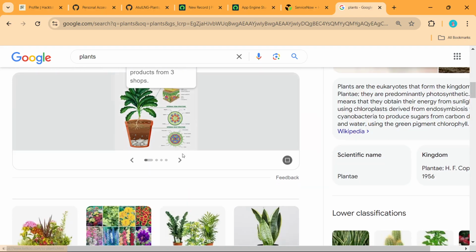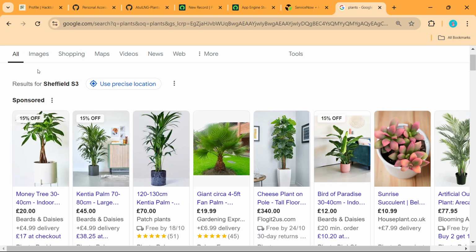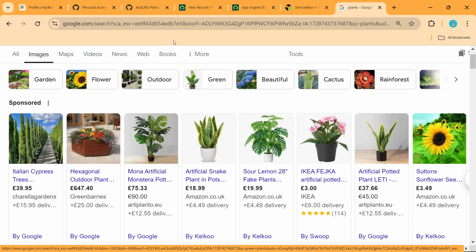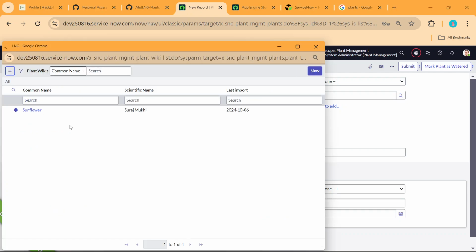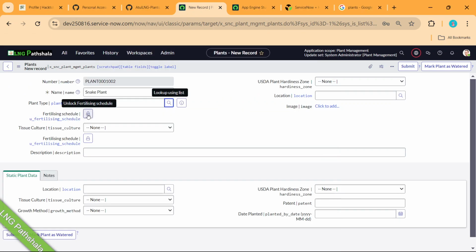Okay, let me go here for the images. Let's say I'm putting a snake plant. Snake plant. Plant type: is it a sunflower or what? Generally nothing is mandatory here, but if you want, you can put the type as well. I'll say it's a sunflower kind of type.